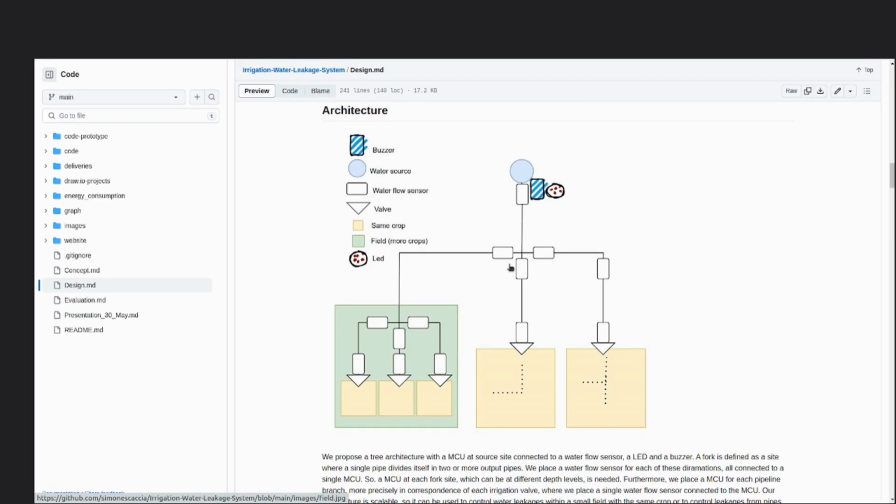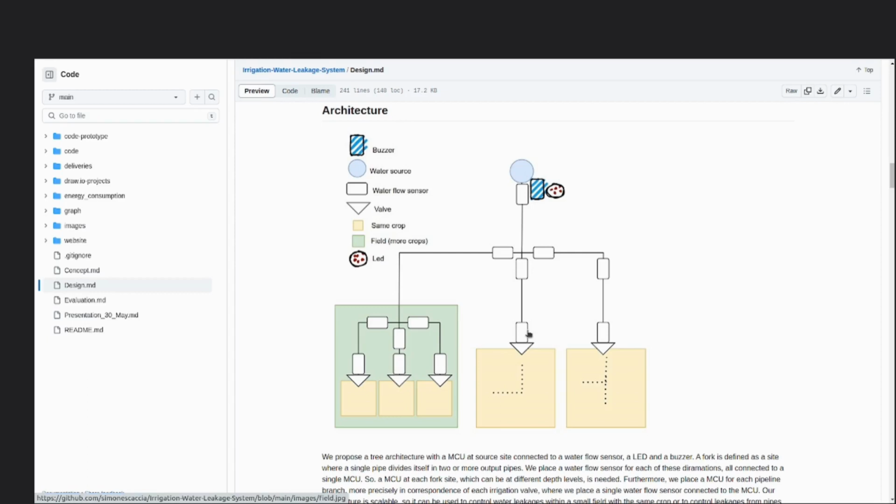Then we have another MCU that is the fork component that is connected to a water flow sensor for each derivation, and finally we have another MCU that is connected to a single water flow sensor and is placed at